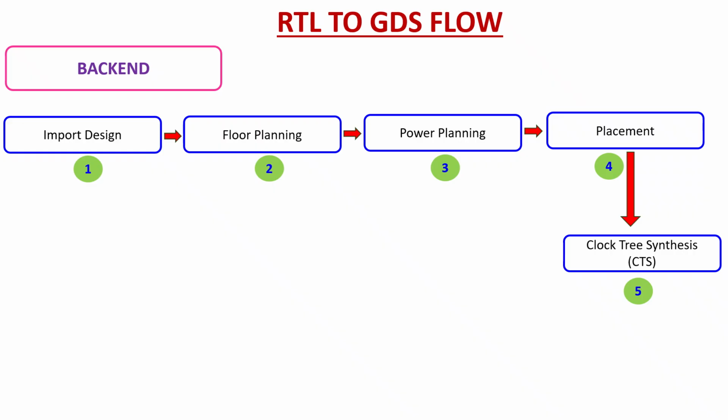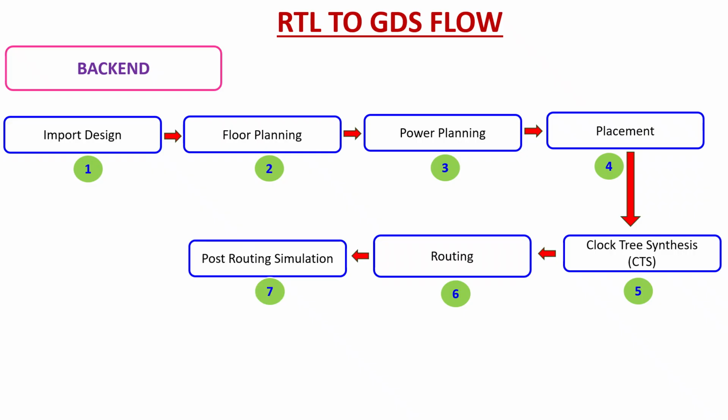Here, a balanced clock network is built by inserting buffers so that the clock reaches all flip-flops at nearly the same time. The next stage is routing. In this routing, metal wires are drawn using multiple metal layers to connect all placed cells according to the netlist. Yeah, the next one is